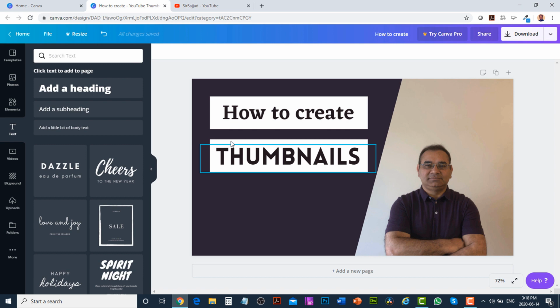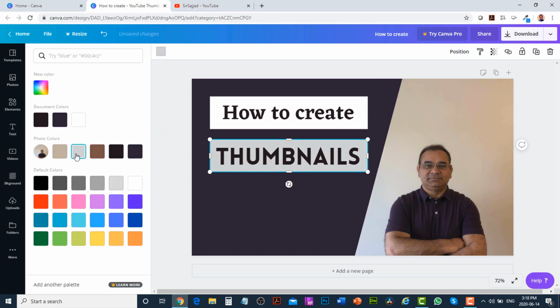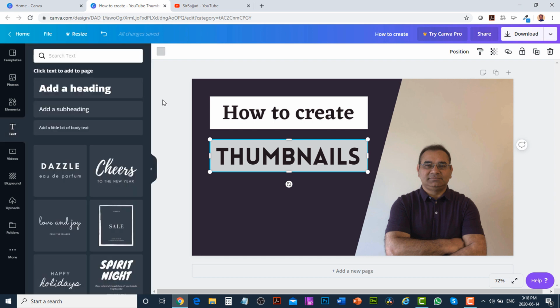So now there might be some problem, like let's say you want to select the shape, and sometimes you are not able to select the element from the back side. So if you click on the control key, then you should be able to select the element from behind. Okay, control click, and then from here, if you want, you can change the color like this. So how to create thumbnails for YouTube, and you can also add another text, or I already have